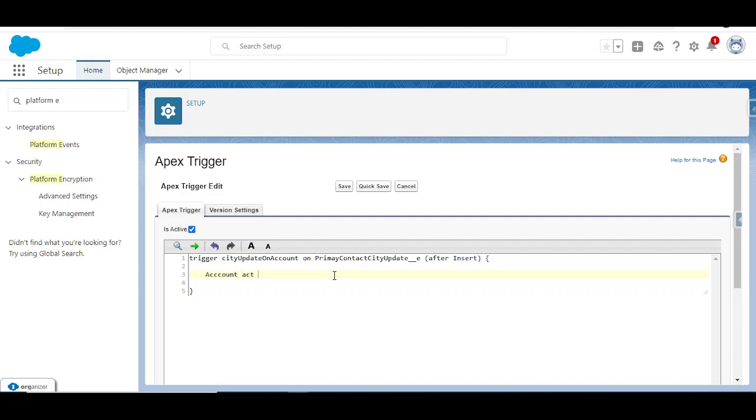So I'll choose act equals to new account, and I'll choose ID equals to trigger dot new 0 dot account underscore c. I'll see if it gets saved or not. Then act dot billing city equals to,